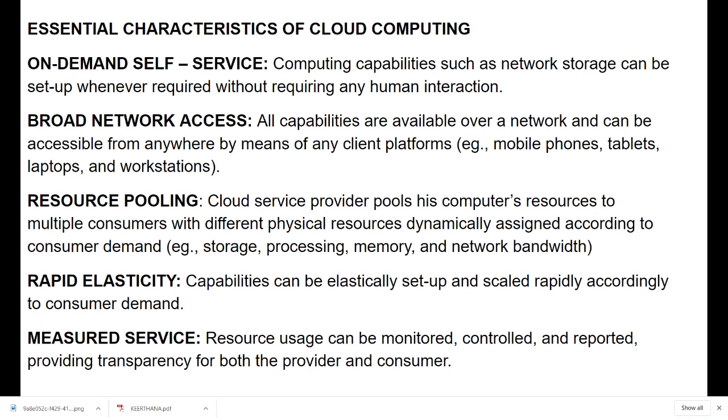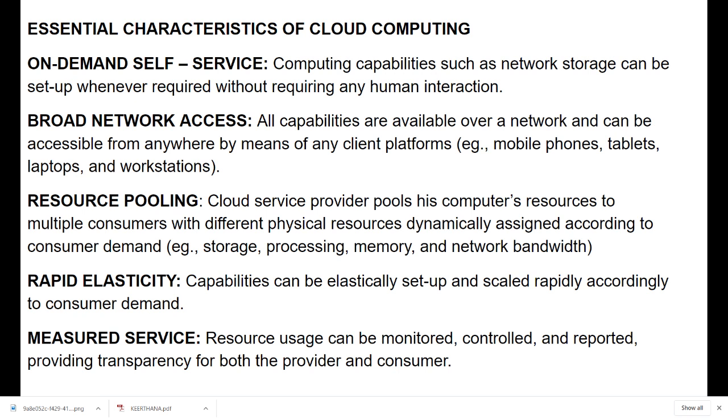The next one is broad network access. Likewise, the passenger is able to book their ticket via the internet through any device such as a tablet, phone or laptop that has access to a network. This broad network access is a quality that the consumer can enjoy because of cloud services. Without broad network access, we could not access the application placed in the cloud. So that is about broad network access.